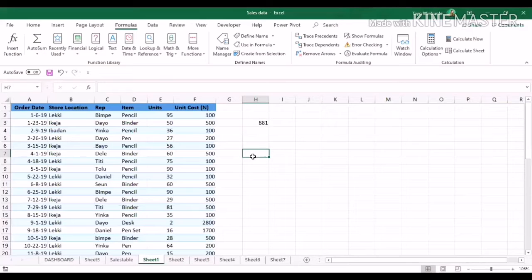Like I said, I wanted to do summation, that is, I wanted to total some things, add some stuff in Excel. Because I had prior knowledge that there's a function called sum, I quickly wrote sum, and it brought out the function name already. Function names could be an abbreviated version of the actual mathematical function, or they are